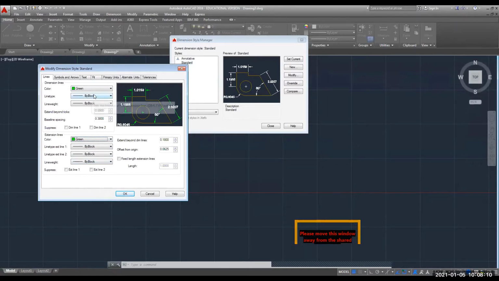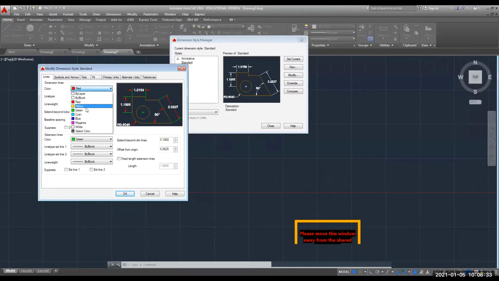Now, when I am saying this dimension line, everyone must be clear that the line with your arrow, the red color lines you can see, are called your dimension lines, and the lines which are green in color are called extension lines. However, both are part of your dimensions.